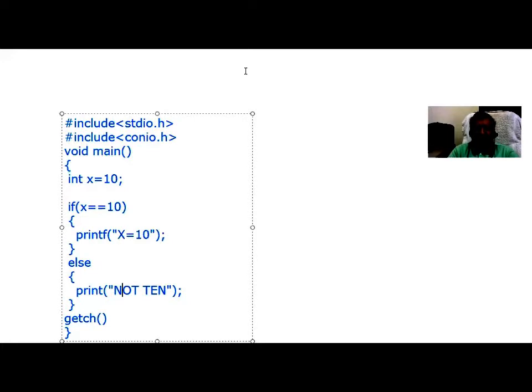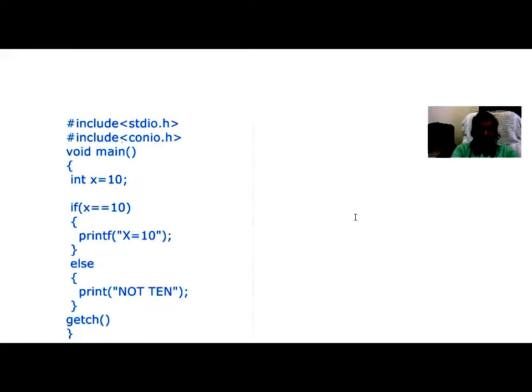The outcome will be like this: X is equal to 10.